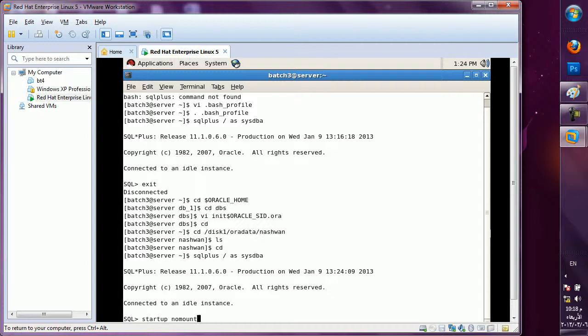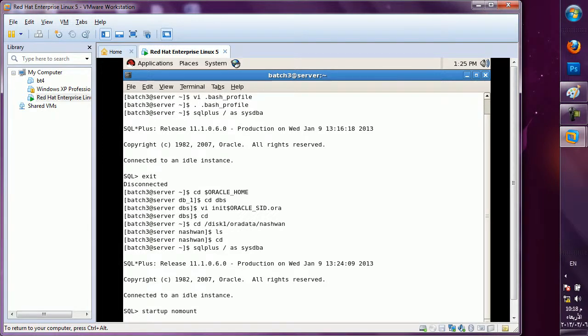So my instance will be created if my parameter file is okay, correct. Means, see, just now I have shown you it is blank. The ls command is showing blank. But if it starts with nomount, the control file will be created in that directory. My diagnostic dest diag directory will be created to keep my log files. All the things will be created on the operating system, if my parameter file is okay and no mistake is there. Let us check by giving the command startup nomount. Files are being created on the operating system.